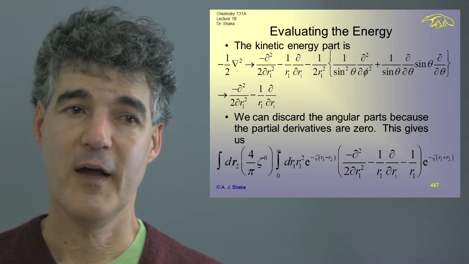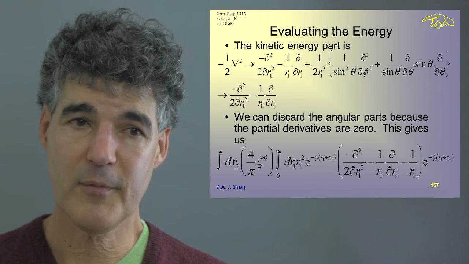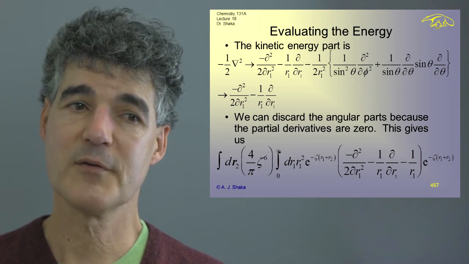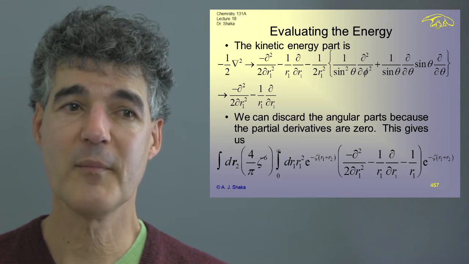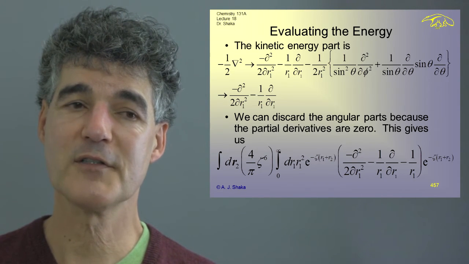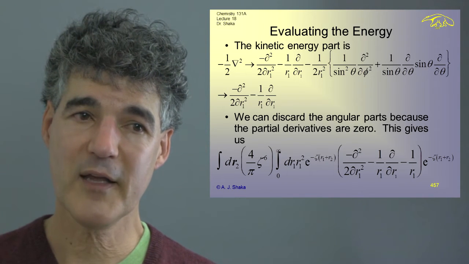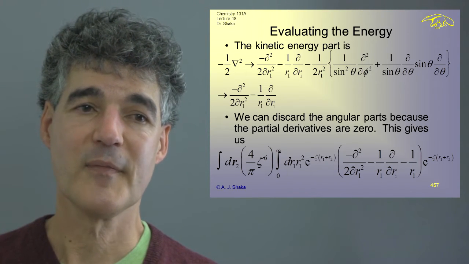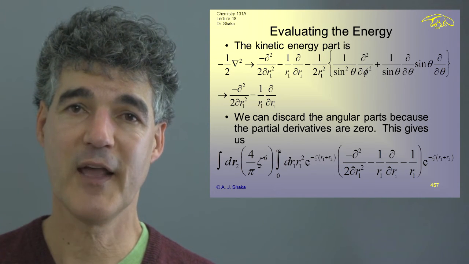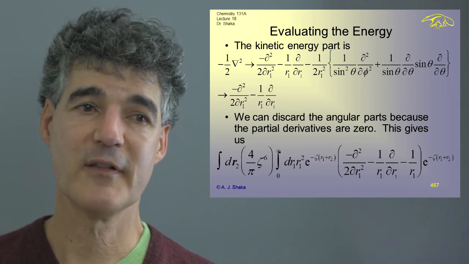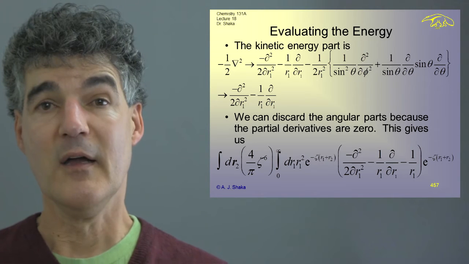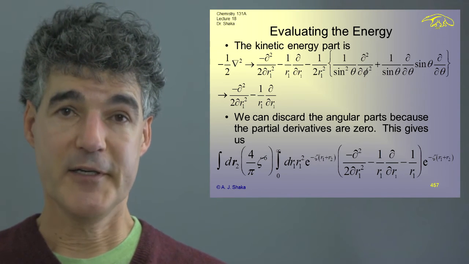And I've written it out in full here for the variable r1 at the bottom of slide 457. We have r1 squared, comes in from the volume element. We've got zeta cubed over pi, then with the first wave function. Then we've got the Hamiltonian, then we've got the second wave function. And the 4 pi comes out on the angular variables. So let's then take a closer look at how to do this. Well, we've got the kinetic energy part.